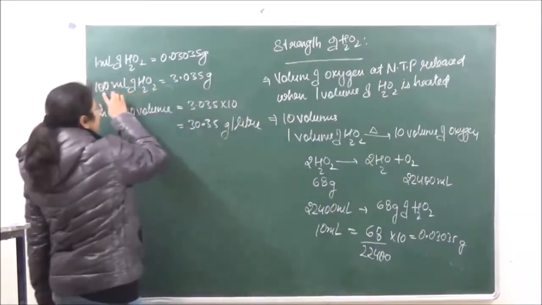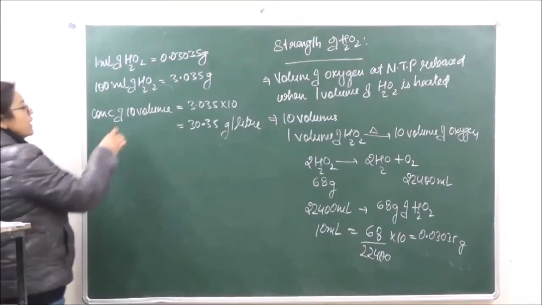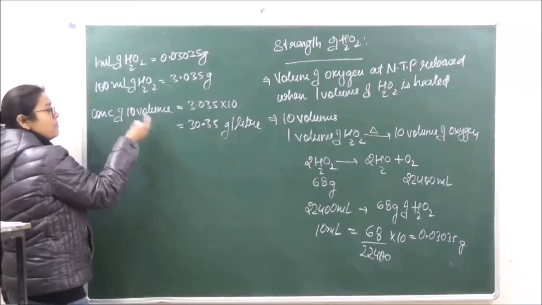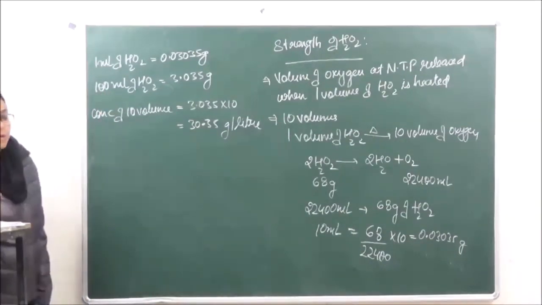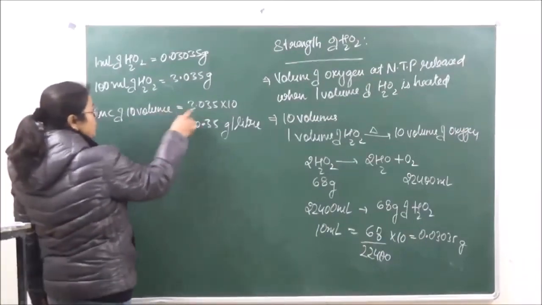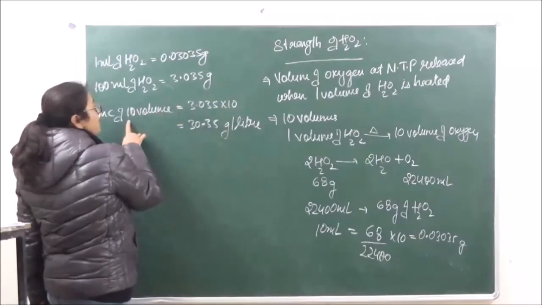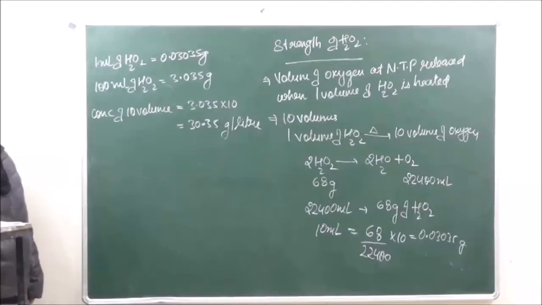You can directly take 1000 ml also over here. 1000 ml is going to be equal to 30.35, but because we are going to calculate the concentration of 10 volumes, therefore this may be given 20, this may be given 30. That is how we have done it separately. So if they are given 10 volume, you have to multiply 3.035 into 10. If they are given 20 volume, you multiply it by 20 over here, and so on. So this is how the numerical of this particular section has to be done, and this is important.